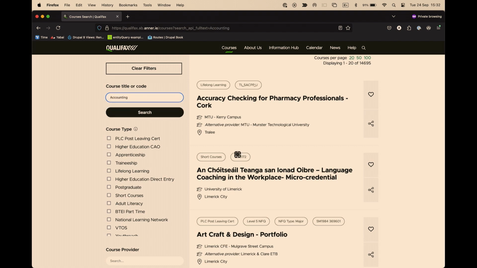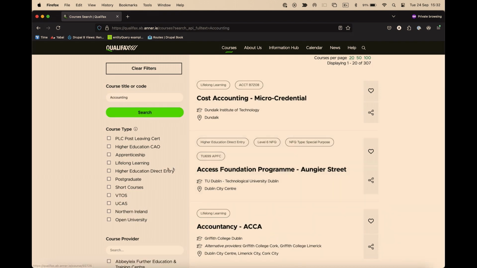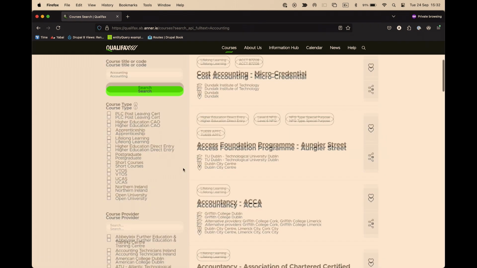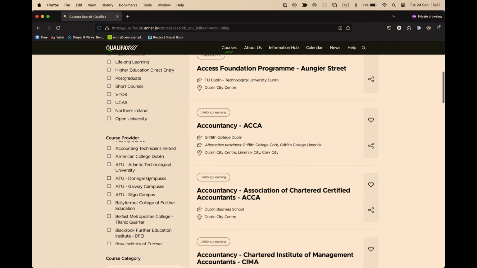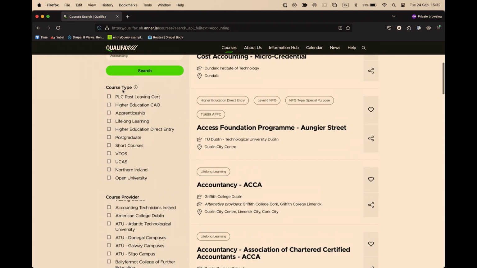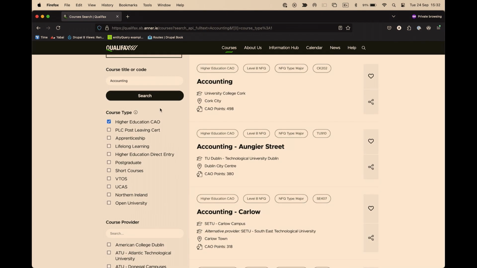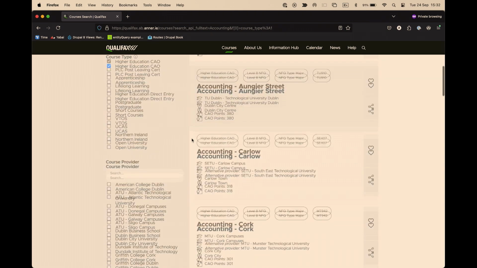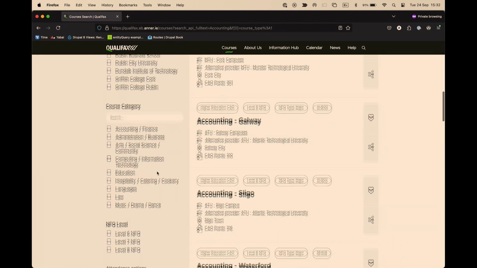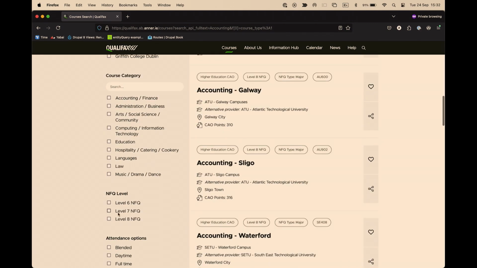And all this works on my local instance. You can see all the details of the different courses you've searched for. You can drill down by the type of course. Higher education courses would be the most common third level course type within Ireland. So when we worked on this website, we would have spent